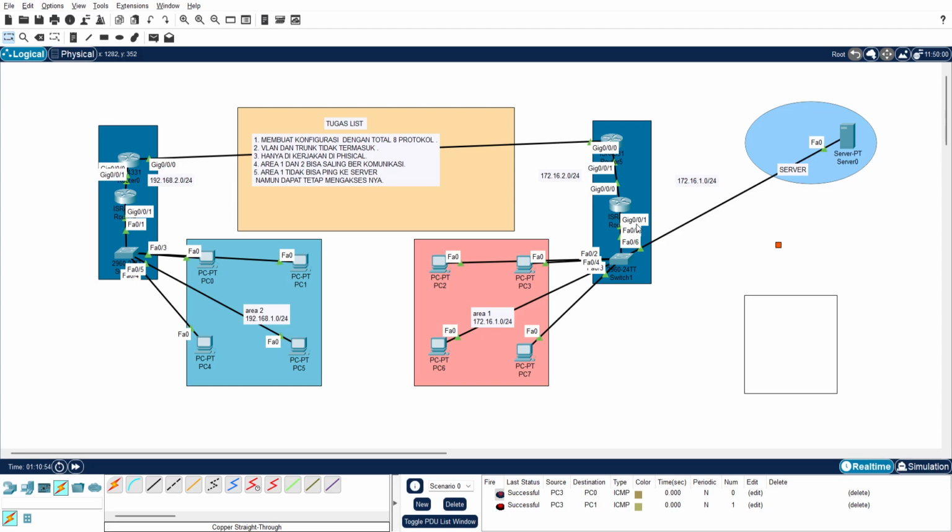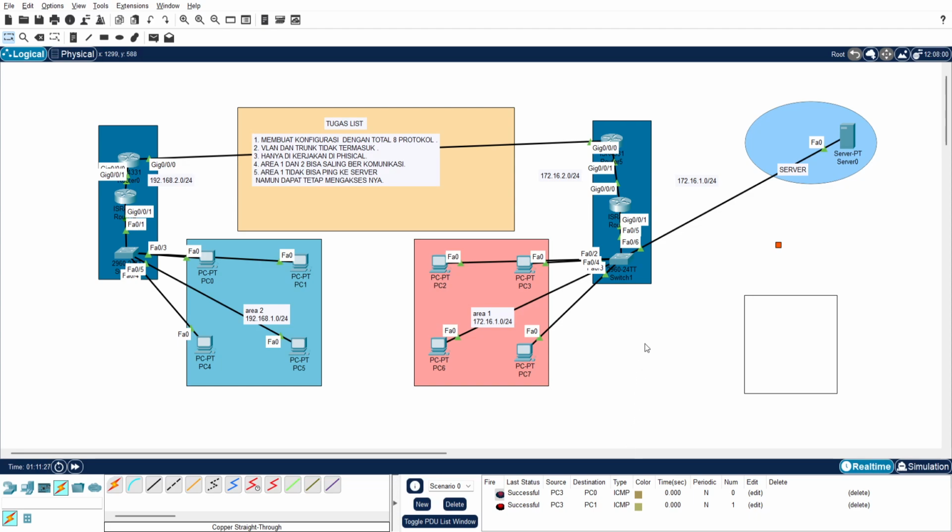And there are 2 switches, one is switch 2 and one named switch 2. And there are 9 end devices, which are PC1, PC0, PC4, PC5, PC2, PC3, PC6, PC7, and there is a server PT, server 0.